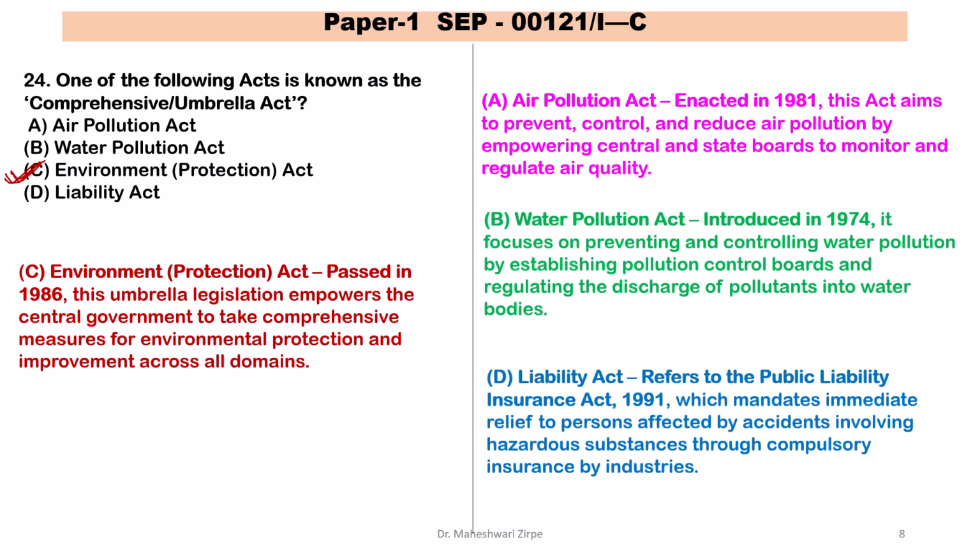Then last is your D, that is Liability Act, which refers to the Public Liability Insurance Act, which was enacted in 1991, which mandates immediate relief to the person affected by accidents involving hazardous substance through compulsory insurance by the industry. So these are four different acts, but today's question was asked based on Umbrella Act, so the correct option is